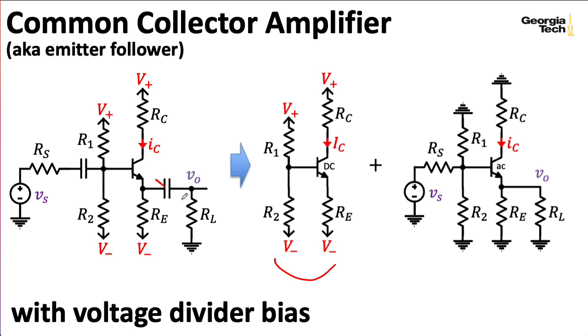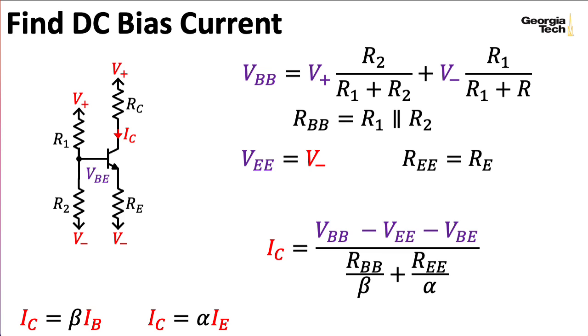So in the DC circuit, we open up the capacitors, and in the AC circuit, we short the capacitors. Now, this is a highly simplified analysis. In later lectures, I'll show you how to treat these capacitors more carefully so we can study their effect on the frequency response. So, something you might notice about the DC bias circuit is it looks exactly the same as